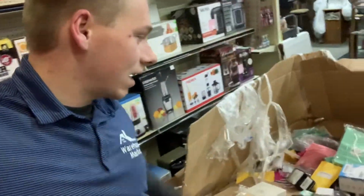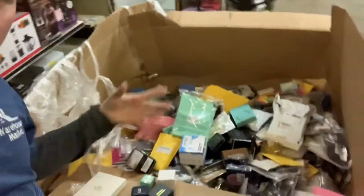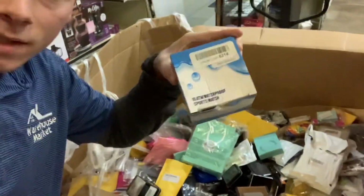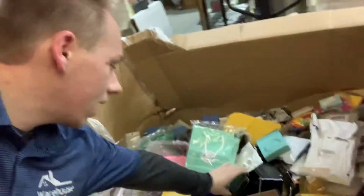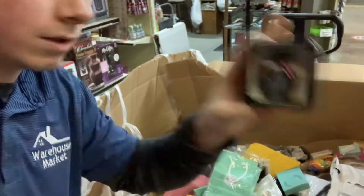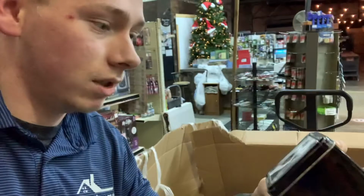So I've been going through a little bit, and I want to show you guys kind of what it looks like. So again, this is Amazon liquidations, Amazon jewelry and watches. This is just some of the stuff, kind of what it looks like, you guys. These are kids' watches, I think, mostly in here. You can see kind of the side. I'm not going to open everything just for sake of time. But again, there's some cheaper watches, some kid watches, and adult watches. There's some cheaper kind. But I mean, this is still probably a $10 to $20 watch, on the low end,